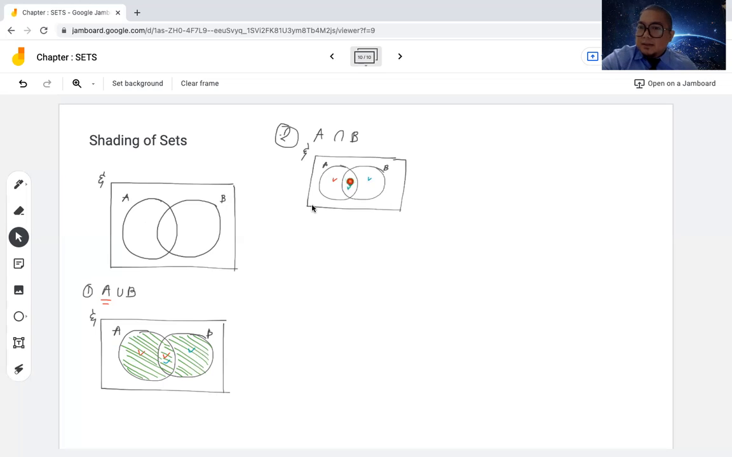Okay, so when we say intersection, this refers to the common. So in this case, what you're going to do is shade the one that has been commonly ticked or checked in the given diagram. And this is how it's going to show you the answer. Okay, so now for number 3, let's try to give a more challenging problem. So let's say I have,